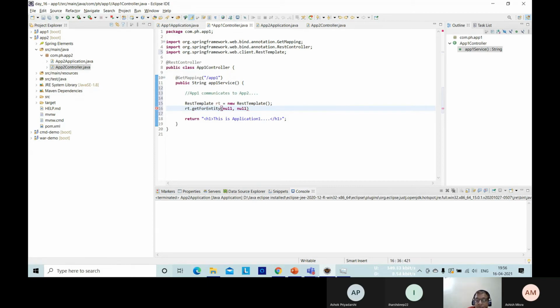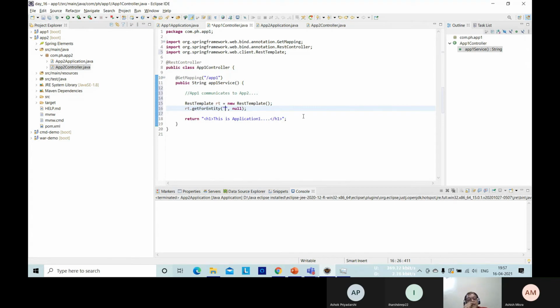The first parameter of getForEntity of the RestTemplate method is the name of the URL, that is the name of the API to which you have to communicate.